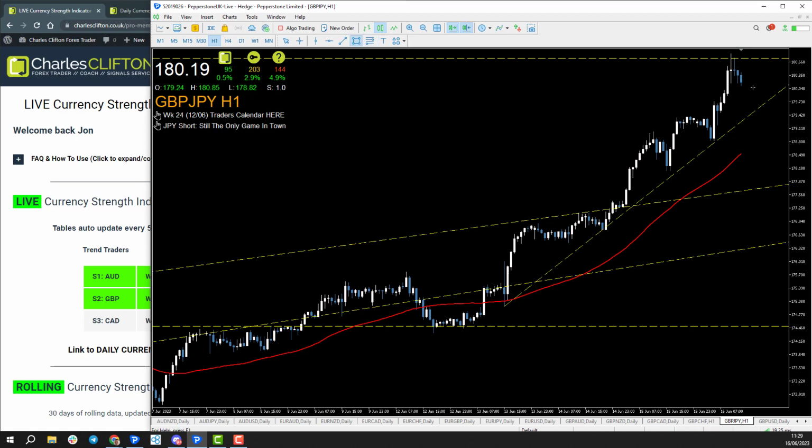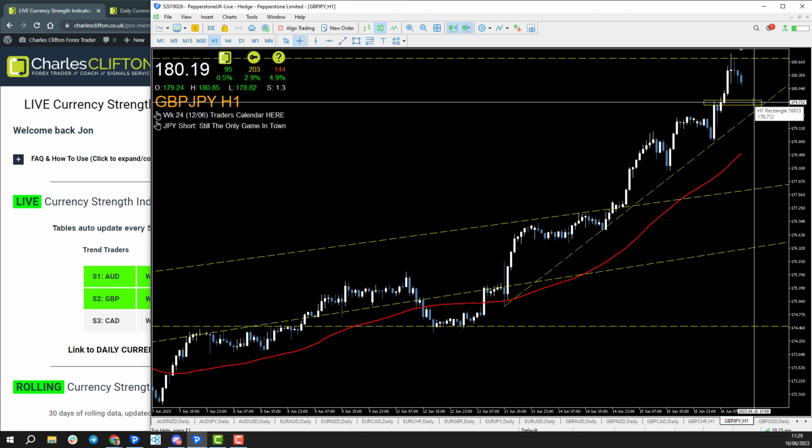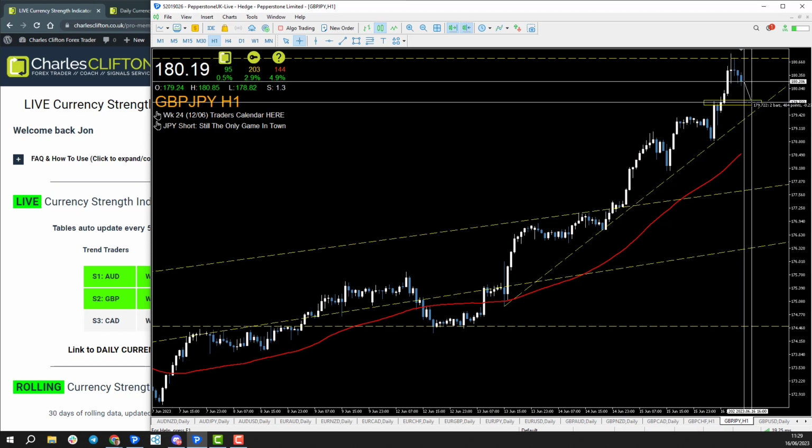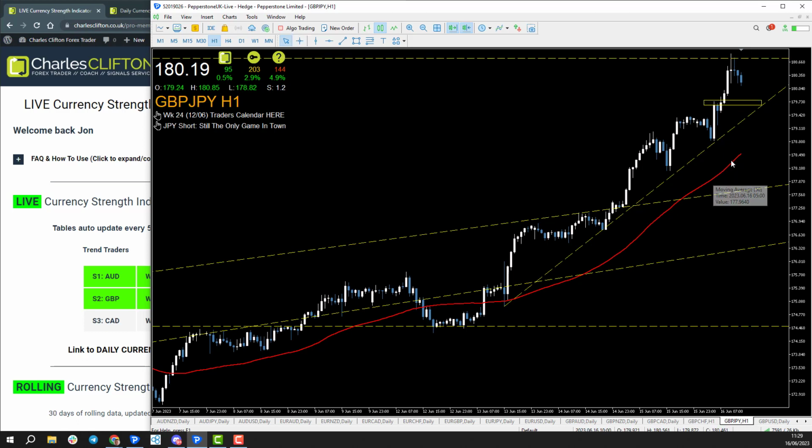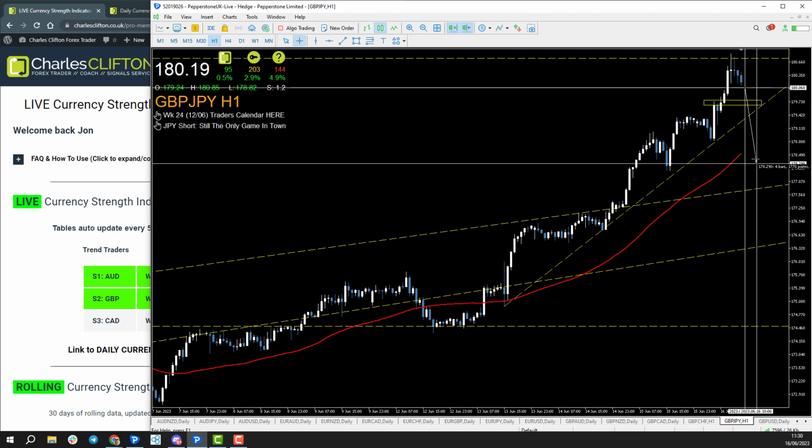I quite like the price coming back a little bit further. We've got these highs that come in around about the 179.70, which could be an area of support. So if price does pull back into that area there, we could look for longs back into the highs at 103. Again, 50 moving average sitting below all this area though, so you know, price may have a deeper